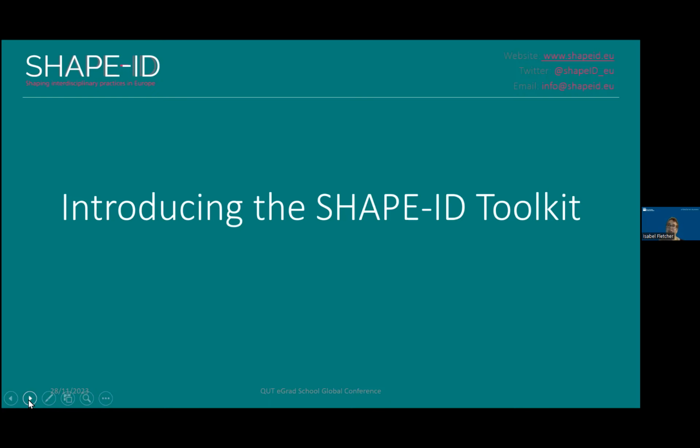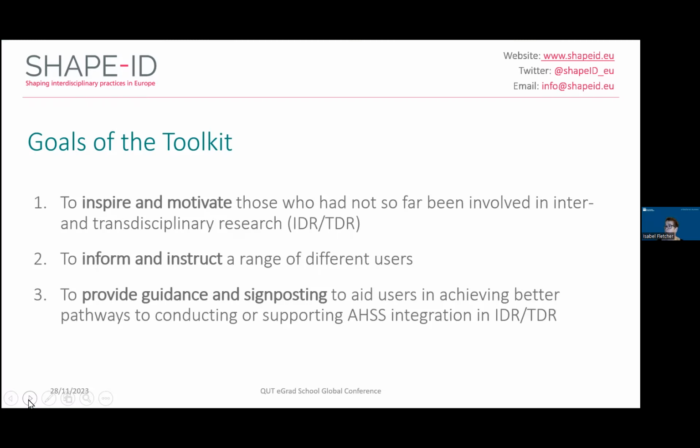So that's quite a big mouthful. What I want to suggest is that even if you're not in the arts, humanities, and social sciences, there are useful resources in our toolkit. Because of these disparate communities of research and practice that I talked about earlier, there's a lot of literature on how to do inter- and transdisciplinarity. What there isn't so much is guides to that literature, and that's a key goal of our toolkit,